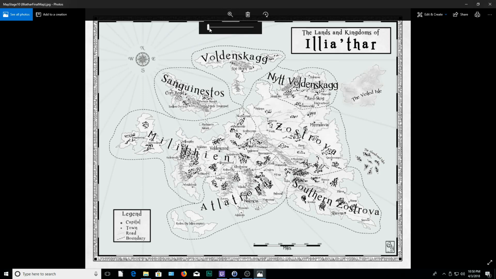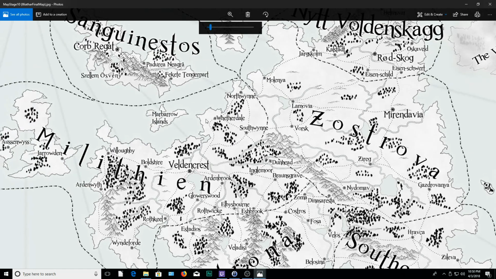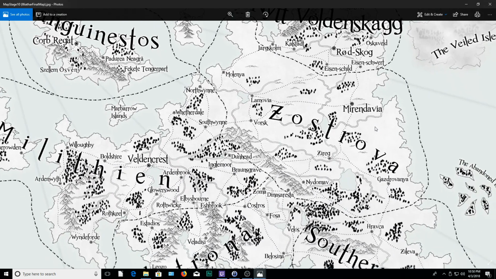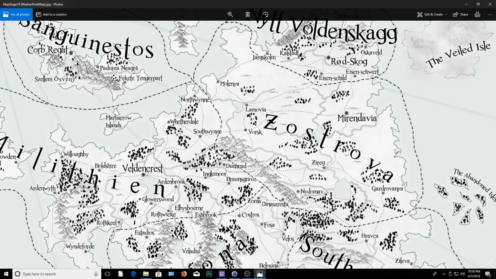Let me zoom in just a little bit to give you an idea. Let's do a tour here, the northern part. Like I said, if you want to pause this at any time, obviously you can look at things in closer detail. I'm not going to spend too much time talking about all this stuff again, but we've got Zastrova there. I've got that part where they're going to travel over the mountain, and I don't know where exactly it'll be, but there'll be a fort and a water crossing of some place that's super important, a strategic landmark or fort or something,